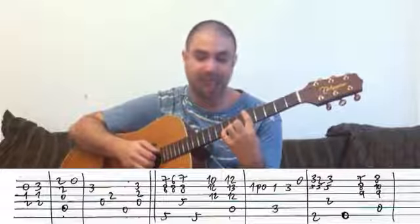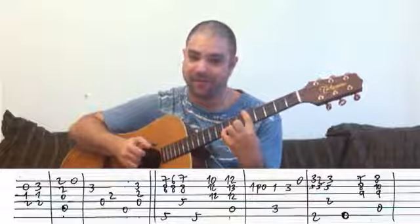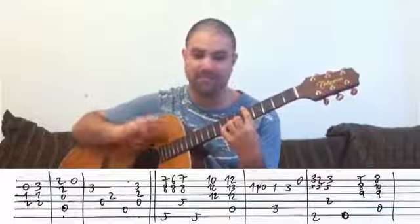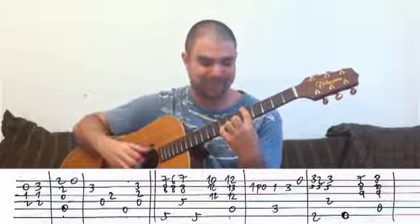You take the 3rd finger off and back again to make a major 3rd into a minor 3rd and back to a major 3rd, which is difficult in and of itself because you need to take that 3rd finger off and back again, so you have to get used to that. This is probably the chord that gave me the most trouble in all the 17 or 18 years I've been playing. I hated this chord when I just learned it, but I'm sure that you'll get used to it a lot faster than I did. So you play this,